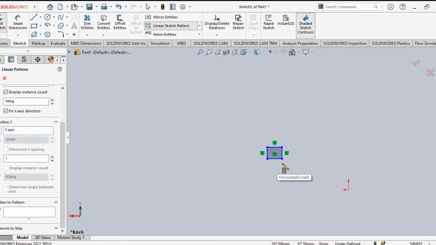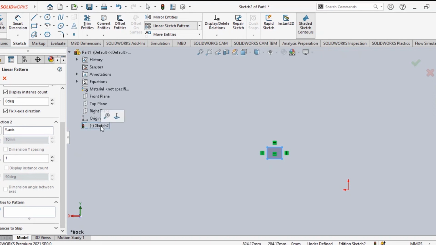Now the easiest option is you can select the whole sketch in a single attempt. How can you select? You can select from the history itself from here. See the triangle. Down you can select the sketch here. So all of the pattern is selected. If you select here, it will be selected. Right? It can be done here.